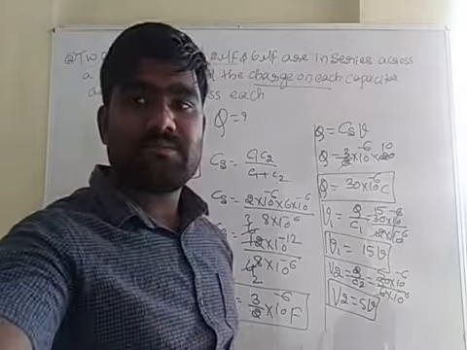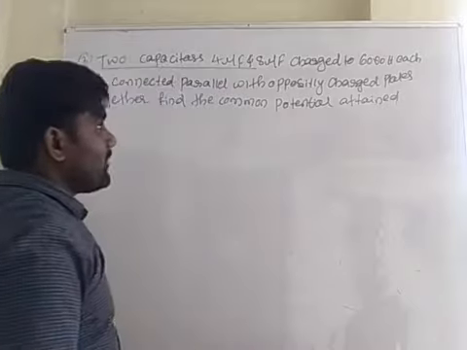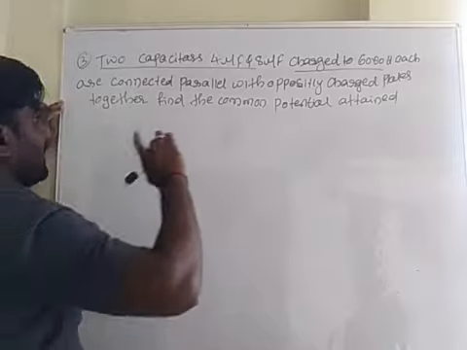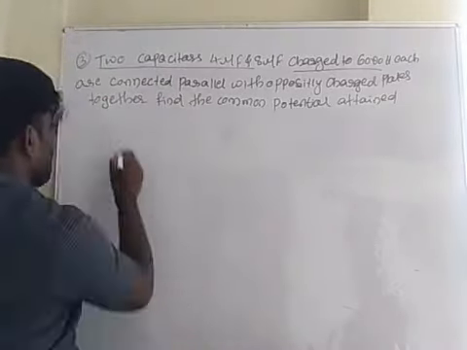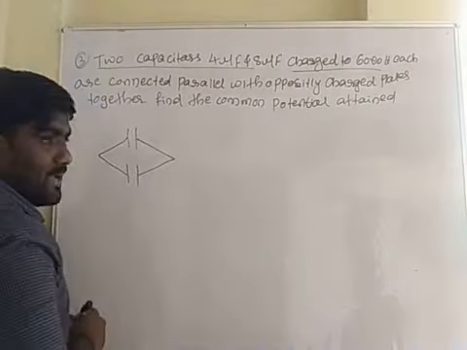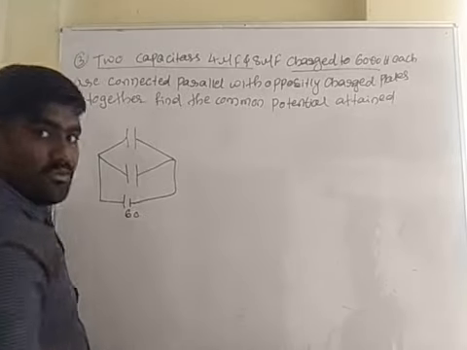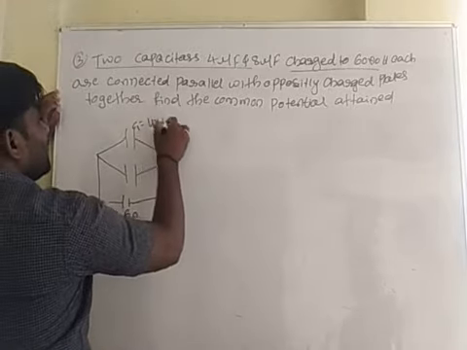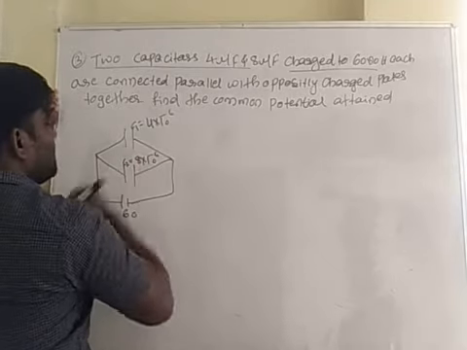See the next. Okay, see this question. Two capacitors, 4 microfarad and 8 microfarad, charged to 60 volt each, are connected in parallel. Okay, now first thing he had told, two capacitors are connected in parallel with what voltage? 60 volt. Okay, now voltage is given. So C1 is equal to how much he had given? 4 into 10 to the power minus 6. C2 is equal to what he had given? 8 into 10 to the power minus 6.